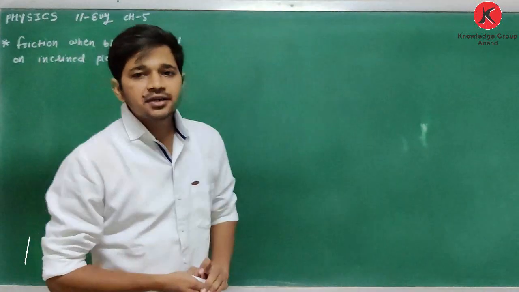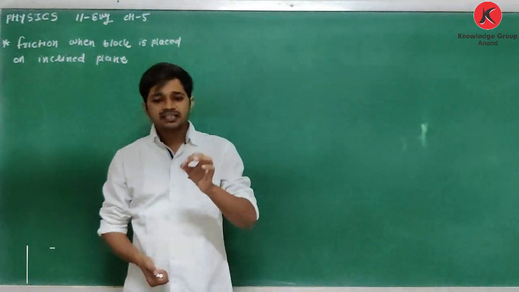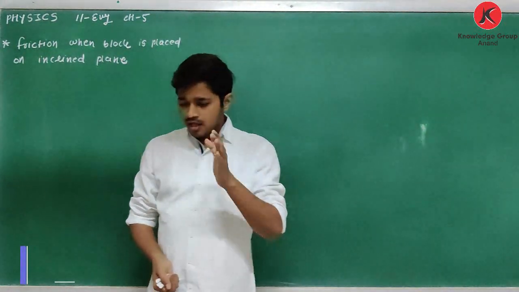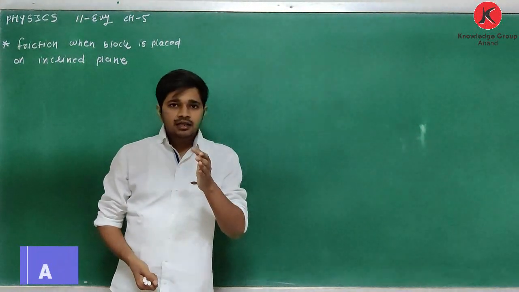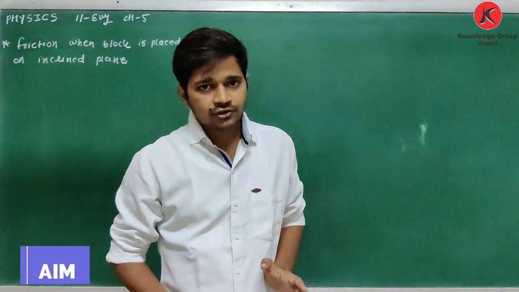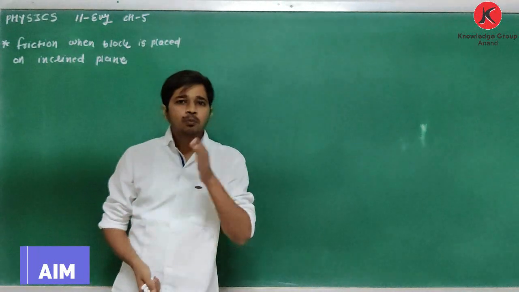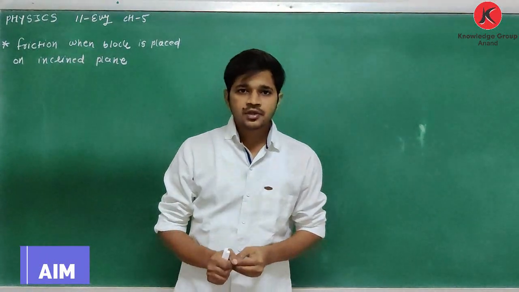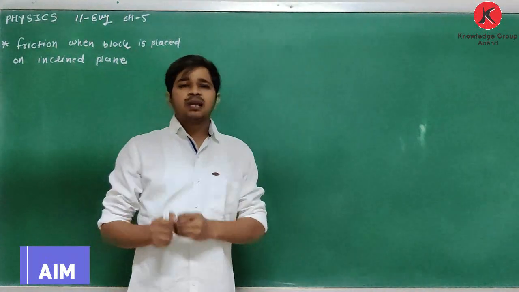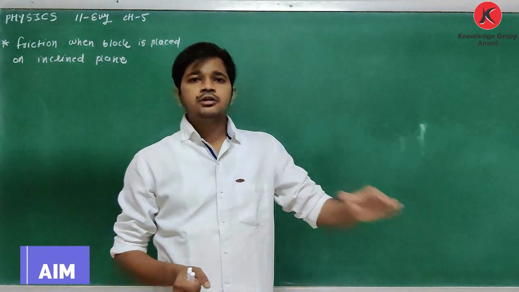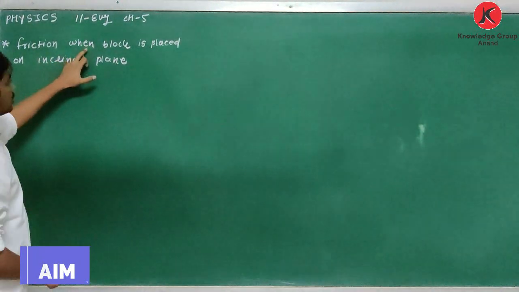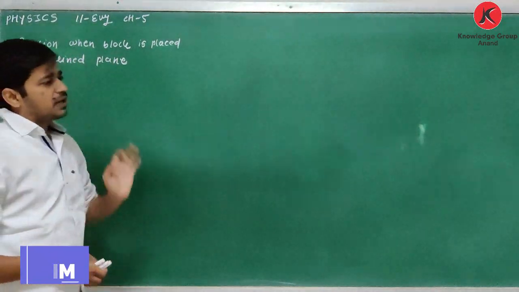Yes, in the last lecture we discussed what friction is and what static friction is. Friction is the parallel component of the contact force to the contact surface. The other component is the perpendicular component, which is called the normal force. In the last lecture, we discussed static friction for a block placed on a horizontal plane. But if a block is placed on an inclined plane, then what